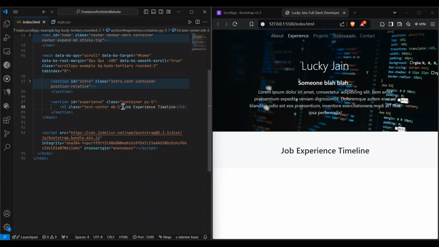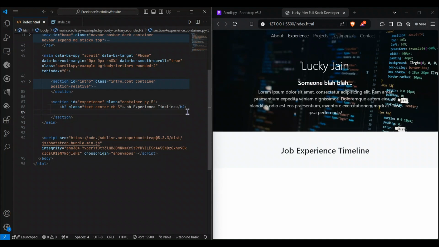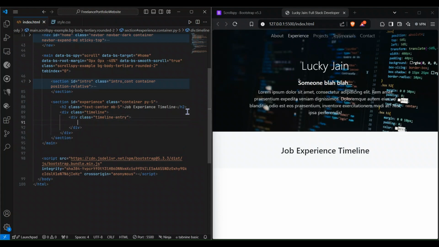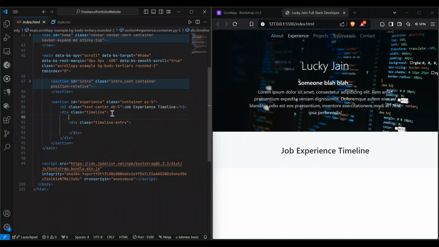Okay, now what I'll do is dot timeline and dot timeline entry. This timeline entry thing will be reusable. Dot marker like this,